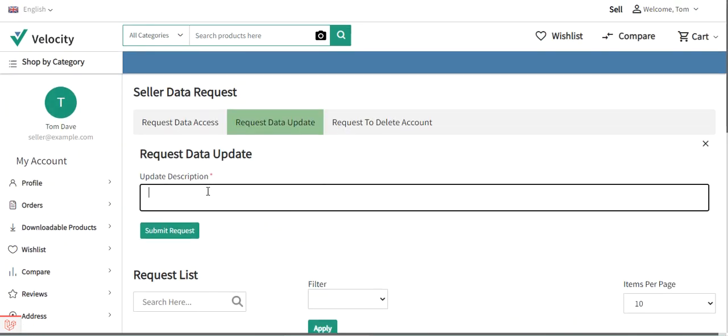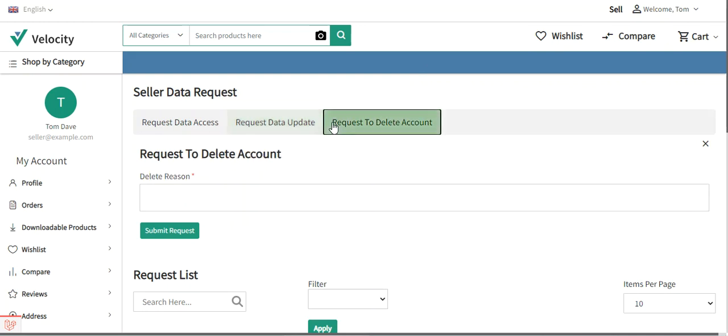For example, if the seller wants to update any of the details within his account, he can request the data update to the admin, and he can set up the particular update description as per the requirement by entering the details and tapping on submit request. The rest of the procedure would be the same at the admin's end. So I'll show you how the admin would be able to see the request data update or request to delete account requests